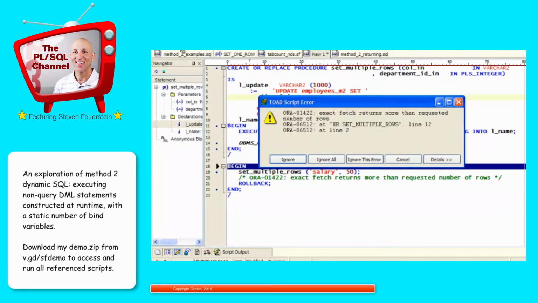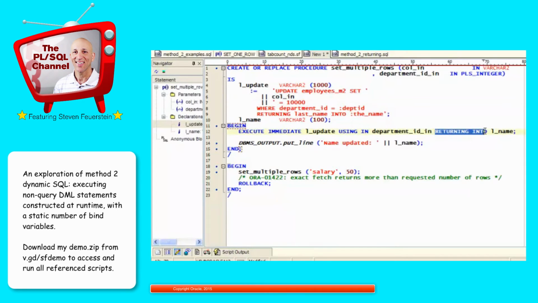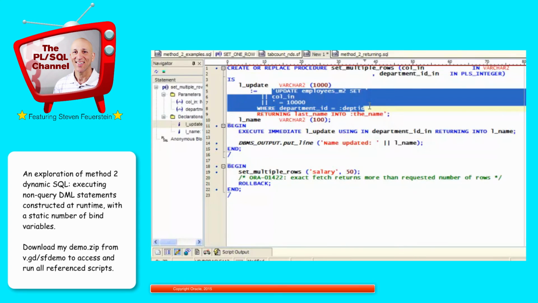I run my code, and I get exact fetch returns more than the requested number of rows. When I say returning into, that's saying just get me a single value back. Obviously, it's a single name. But returning might return multiple rows of data. In fact, in this case, department 50 has lots of rows in it. So it tried to fit multiple values into this single value. Doesn't work. So the bottom line is that when you're using the returning clause and the DML statement may or will update more than one row of data, then you have to say